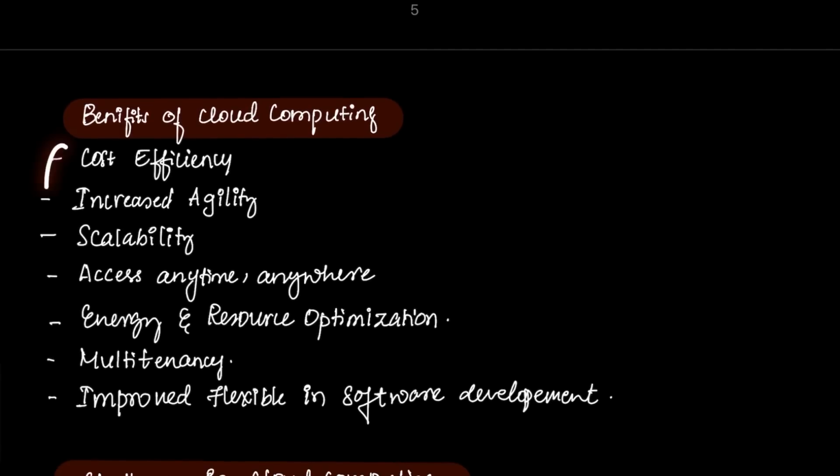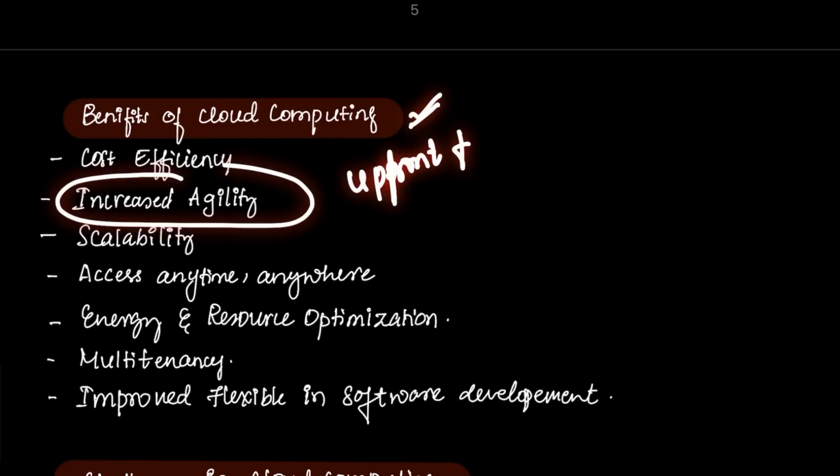So all these are self-explanatory. You can write it in your own words. Let me just explain it. Cloud cost efficiency. Cloud computing will reduce the cost of establishing the hardware or the IT infrastructure. It converts these costs into operational expenses, with users paying only for what they are using. So this will significantly reduce the upfront investment and the maintenance cost also.